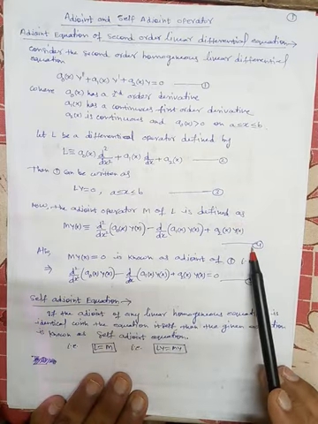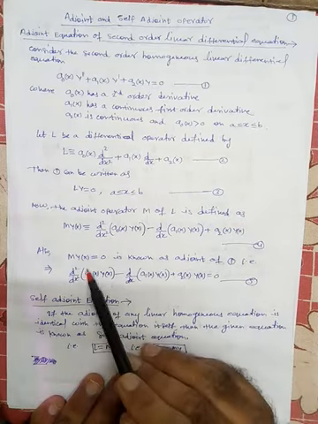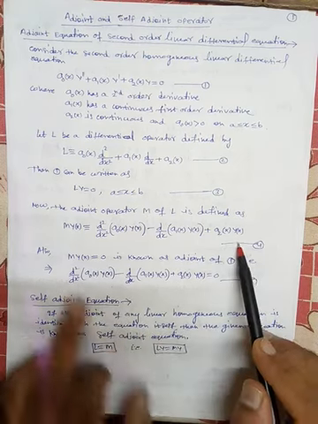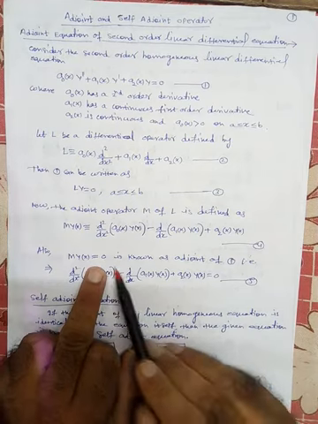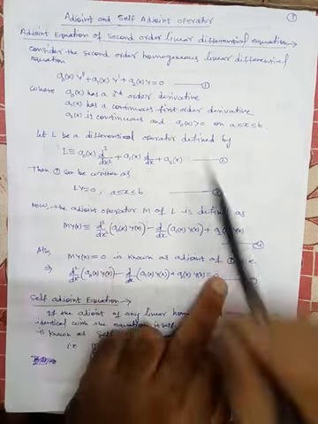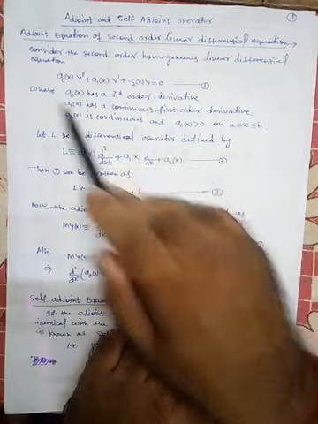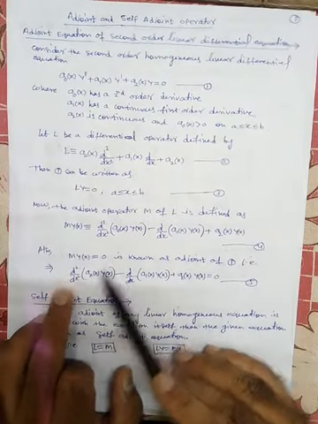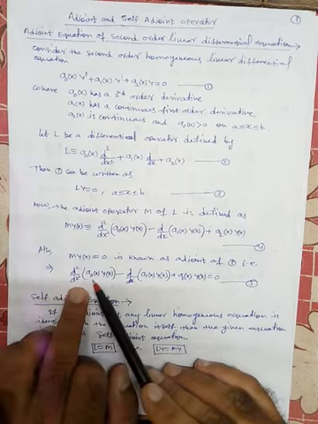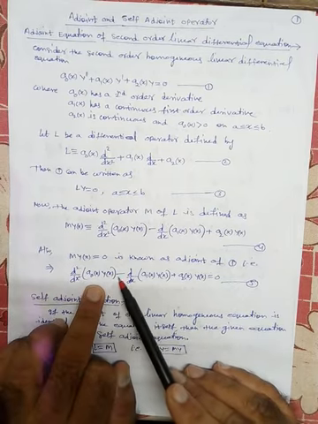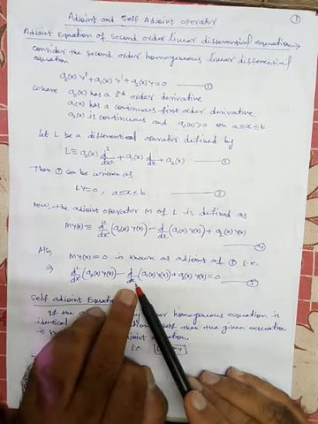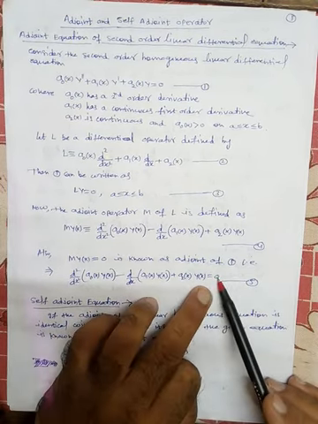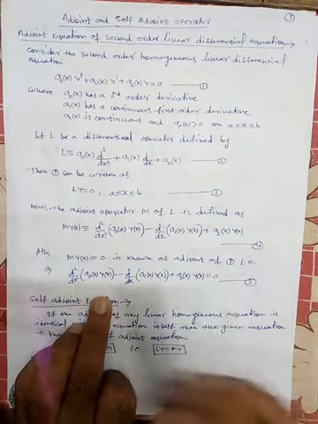Also, here this is the operator form, but when My is equal to 0, then this is known as the adjoint of equation number 1. If this is the equation, then its adjoint equation is given by this. That means d2 by dx2 of a naught x yx minus d by dx of a1x yx plus a2x yx is equal to 0. So this is the adjoint equation of equation number 1.